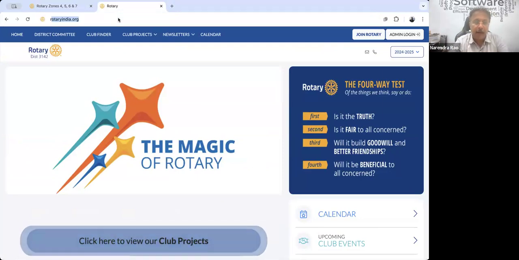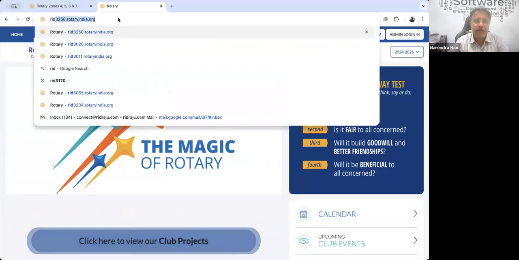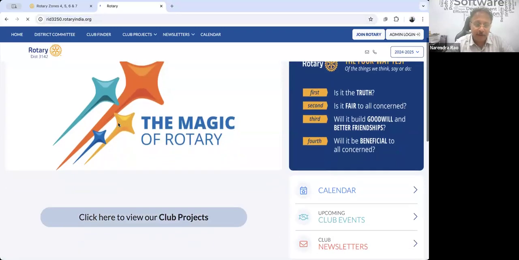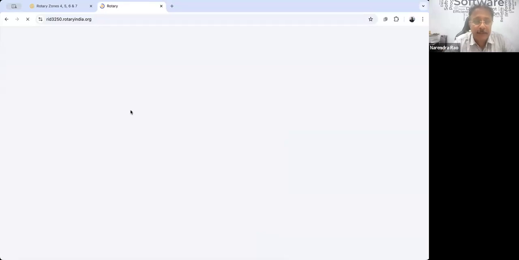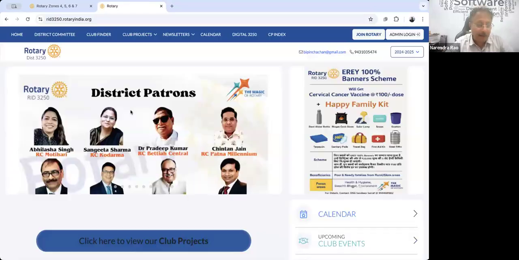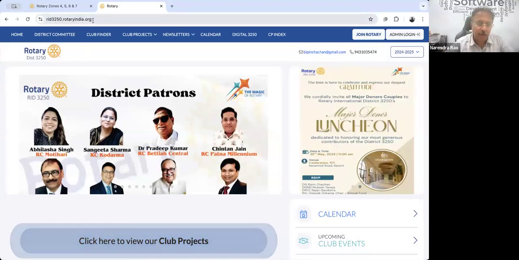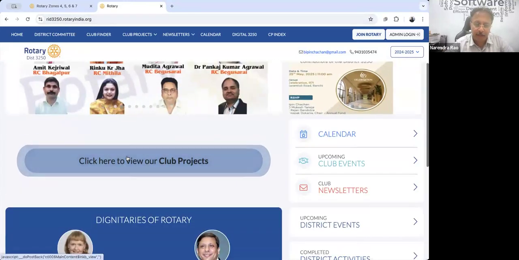So I'm just typing RID, for example, 3250. When I click on it, rid3250.rotaryindia.org, it will fetch the website of 3250. That means for every district in the country, you can just type RID and the district number, .rotaryindia.org, and you will get into that website.